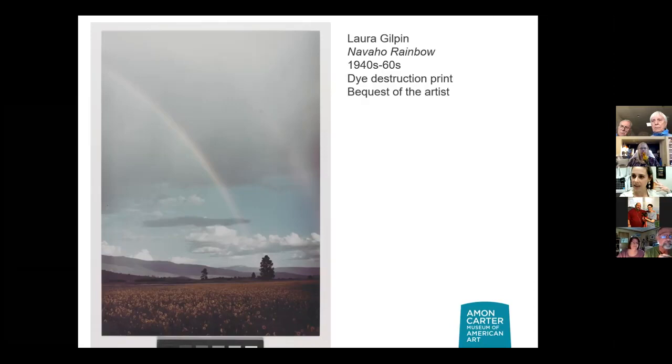Whereas if you pull back like this, do you feel like you're in the scene more? Do you feel like you have a deeper connection, or do you think you might feel more connected if it were just a picture of a single one of these black-eyed Susans or flowers? Well, I think I'm more in the picture here. Definitely. You feel like you're standing there looking off in the distance. Exactly. And that's typically how you would encounter nature like this. Though I do love the macro pictures. Yeah, they're so beautiful, but that wasn't her